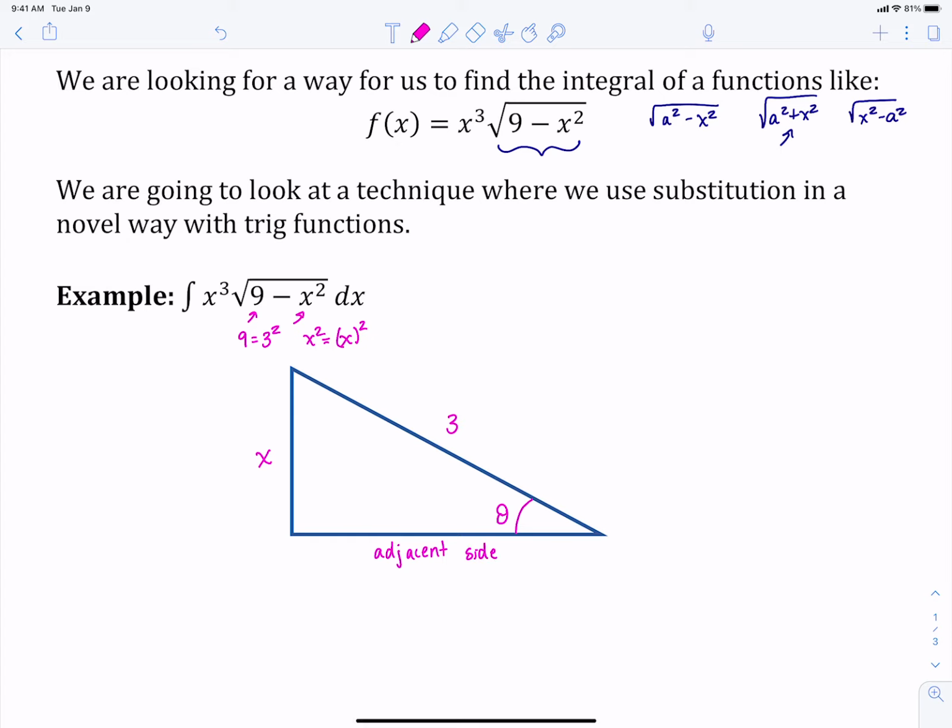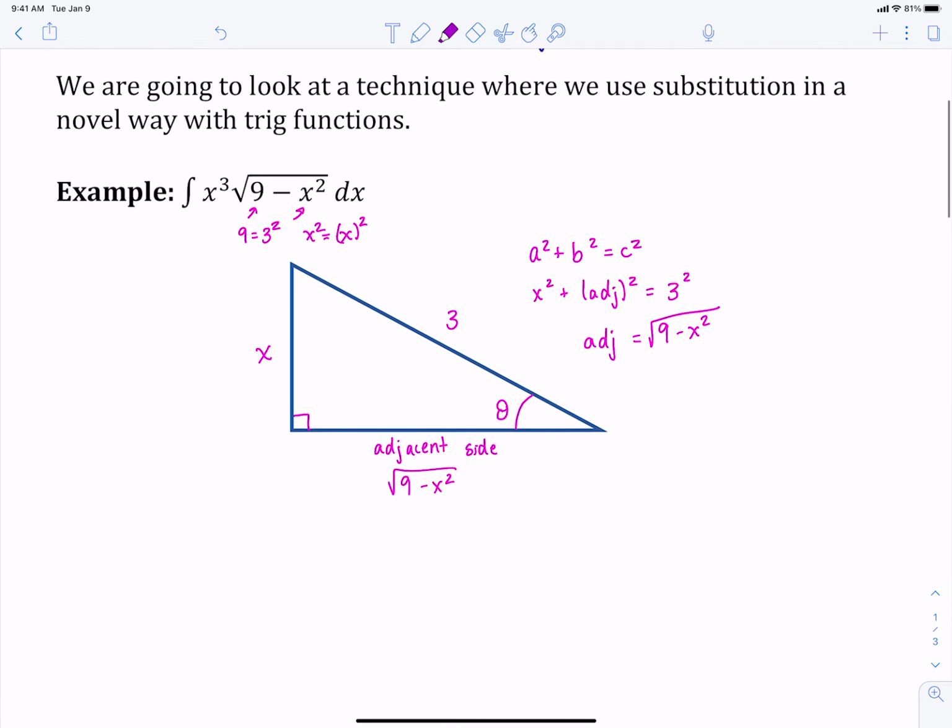how we can figure that out, remember with a right triangle, this is a right triangle, that the Pythagorean theorem is true. So we've got x squared plus that adjacent side squared is equal to our hypotenuse squared. So the adjacent side is the square root of 9 minus x squared, if we subtract x squared from both sides and then take the square root. So our adjacent side is exactly the square root that we have inside of our integral. So what we're going to be able to do is replace that with a trig function,